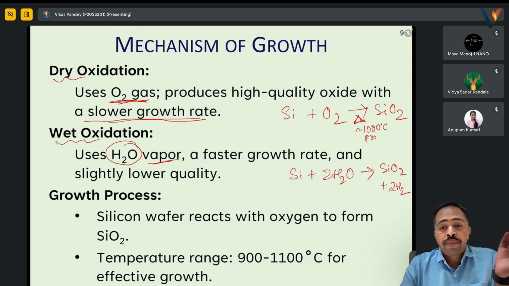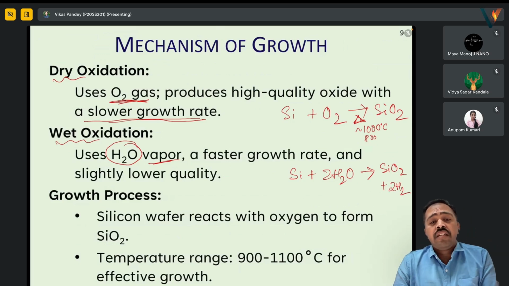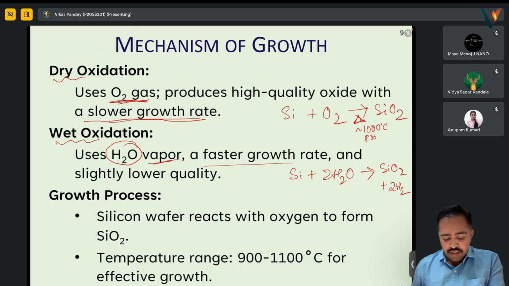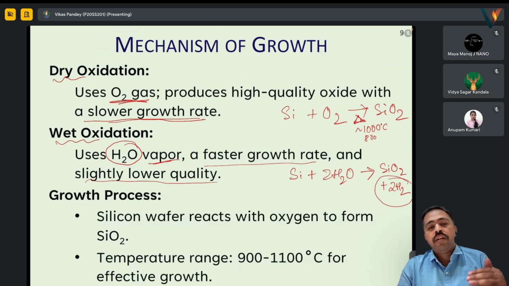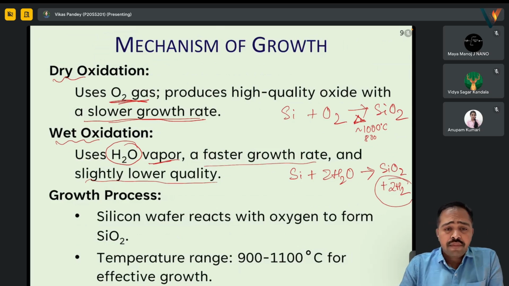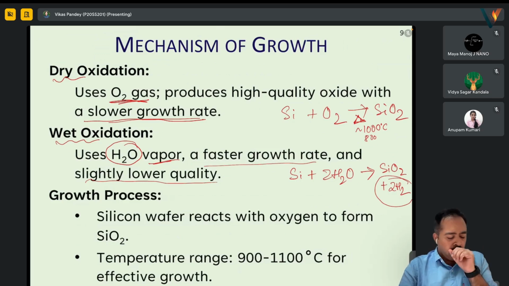This has a faster growth rate and it is slightly lower in quality. Why is the quality lower? Because when the hydrogen is formed, it will try to escape from it, and that is why the quality is a bit lower. Okay,